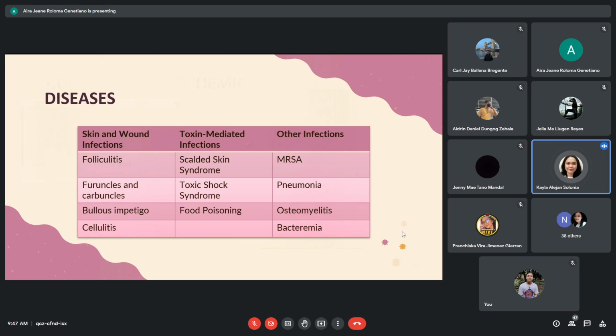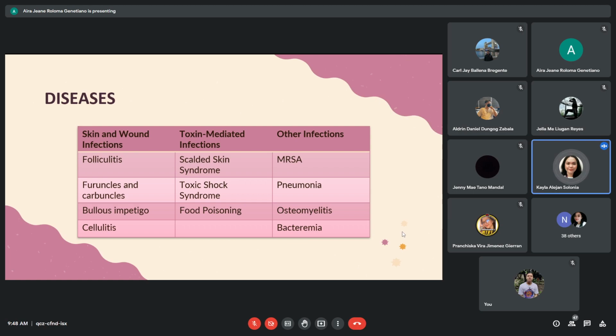The diseases associated with Staphylococcus aureus: first is the skin and wound infection, which includes folliculitis, furuncles, carbuncles, bullous impetigo, and cellulitis. Folliculitis causes pimple-like sores under the hair follicles, while furuncles cause boils, usually starting as reddish or purplish tender bumps, and